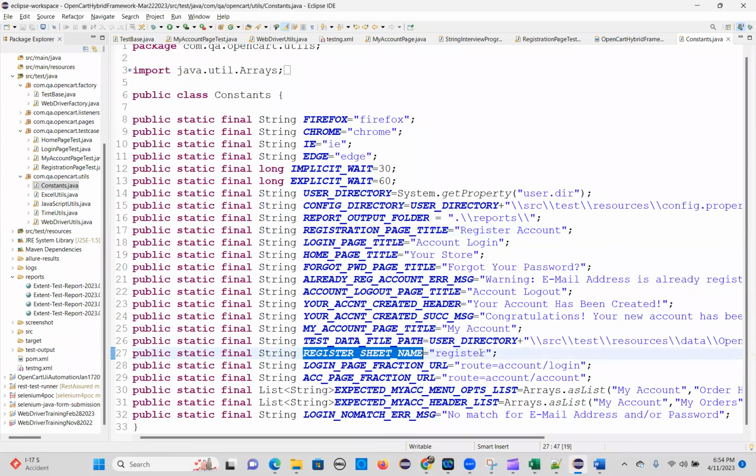So are we getting it from the Excel sheet? Maybe that's the Excel sheet we are reading the data from. So you can get the data from the Excel sheet also. That's another registration data you can get. I want to show this also, how to read the data from the Excel sheet. You can supply that data from the Excel sheet also. Otherwise, you can supply from